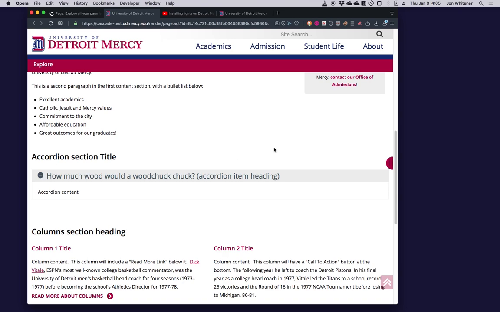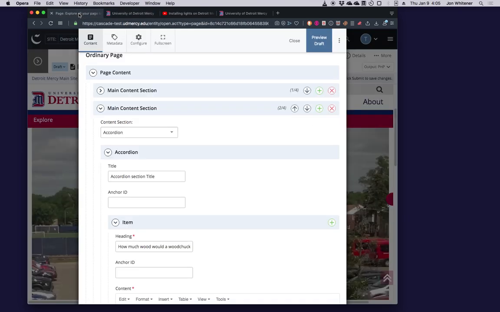So how do those work? Well, again, you go in and you can add a content section, you use the plus sign. If you wanted to remove this content section, you would hit the red X. If you wanted to reorder these content sections, you have these black arrows up or down, or just down when it's the top one, and just up if it's the bottom one. And that can help you reorder stuff.